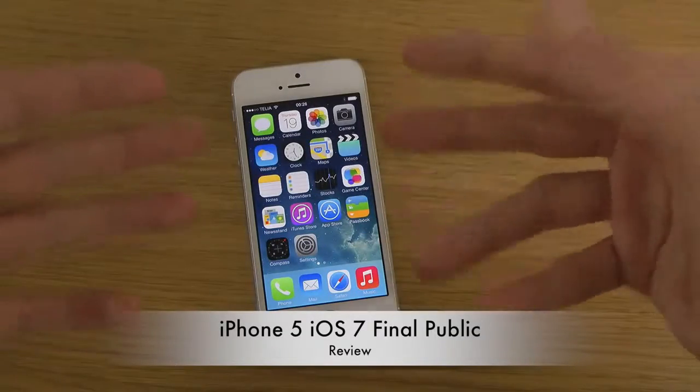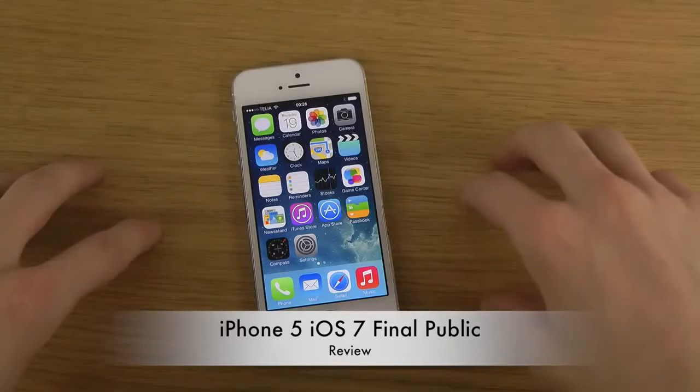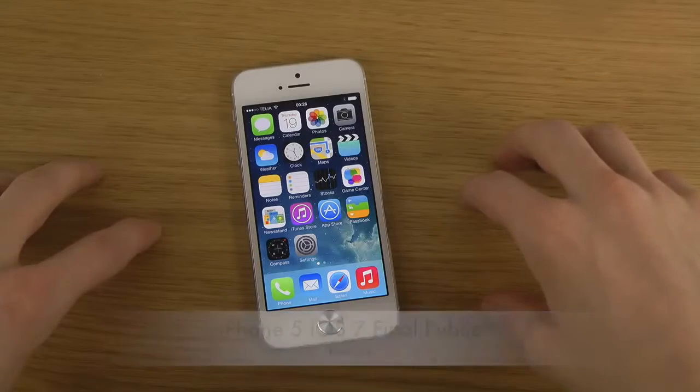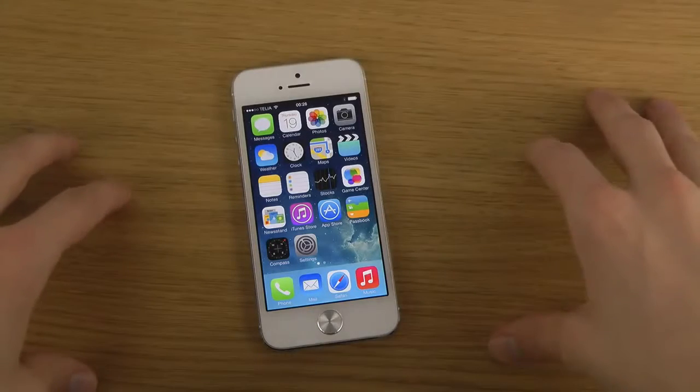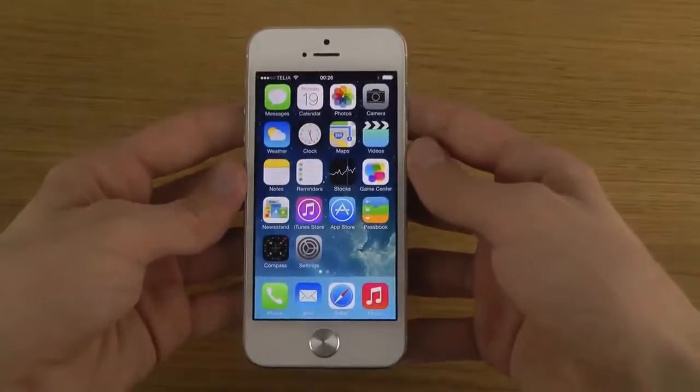Well, this video is mainly for those people, probably many new people, that have never had iOS 7 and now they are confused, like, what is this? How do I use this? Okay, maybe I shouldn't say it like that, but this is how it looks when you boot it up the